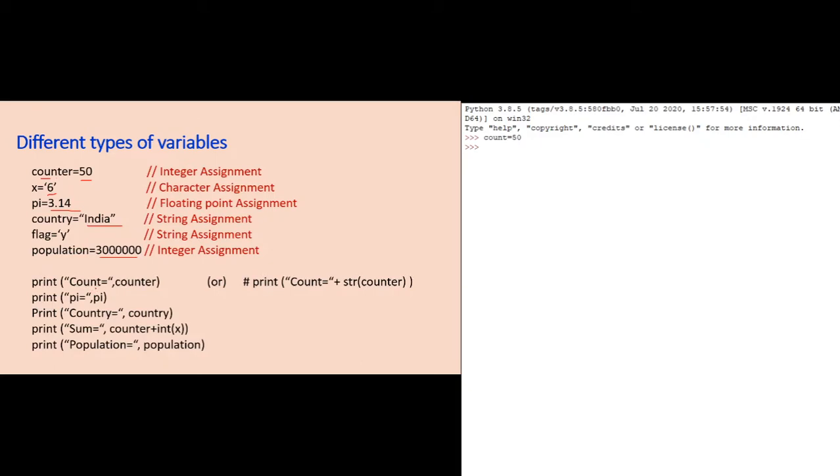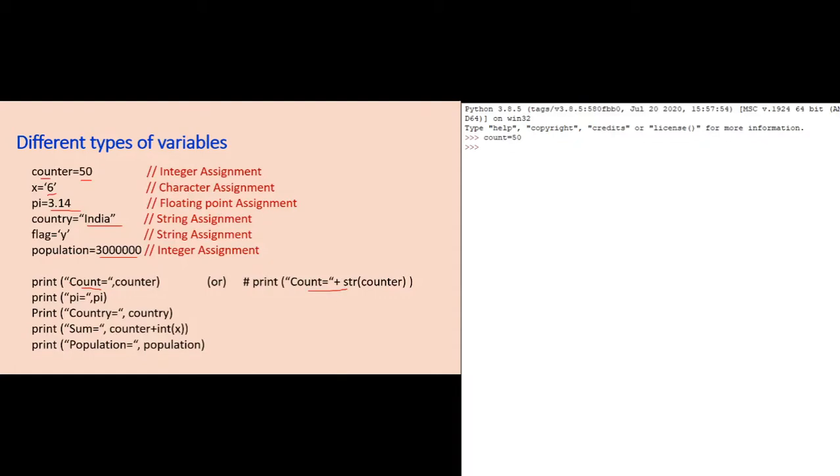And if we want to print these values, for printing the counter value, we have two possible options. Either we can print like this or we can print it with string operations. Whenever we want to print the value of a variable with some message concatenated, first we can give whatever message that we want to display within double quotation like this. Here, count equal to, I need the output as count equal to 50.